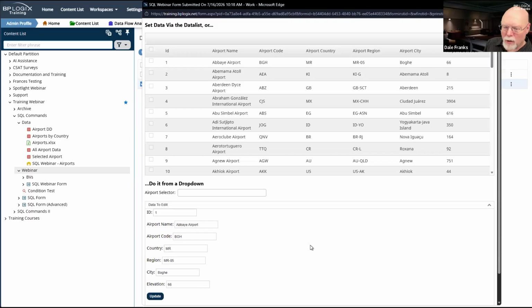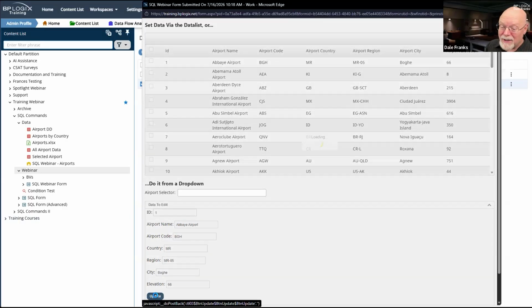My update command works. Now, what I would probably want to do at this point would be to clear out all of the data in this field so that I couldn't re-update it, or disable the update command. Those are UI things. We're not really going to worry about them today. I'm just going to point out that once I click this update button, it's still active and I can still keep updating. And every time I click, this is sending the SQL statement back to the database, and is making changes to this record.